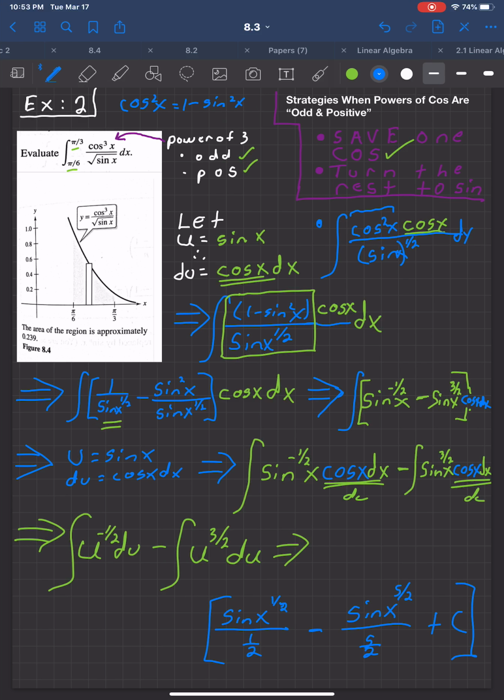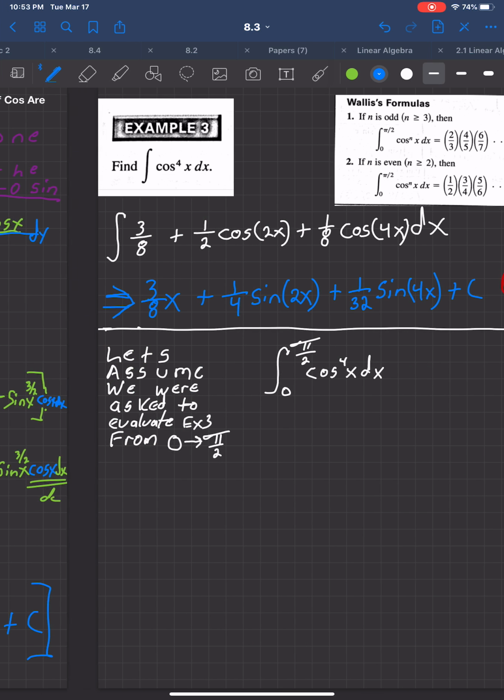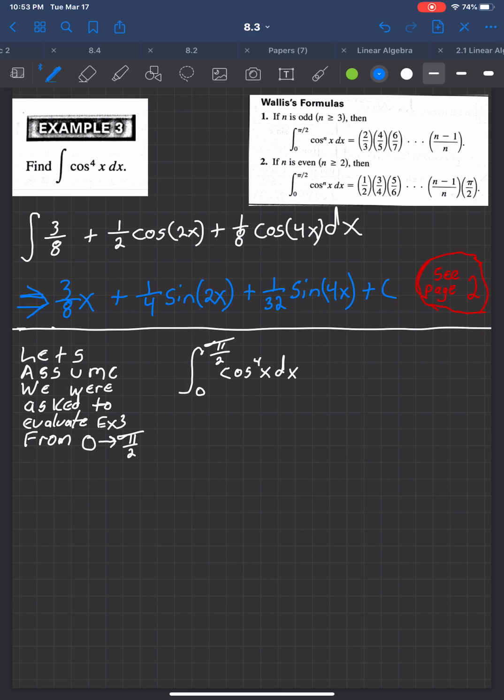All right, so remember, along the way I said I was not worried about that definite integration. If you were going to do the definite integration, it's at this point you would do that f of b minus f of a, but I'm not worried about that right now. Okay, so we're going to take a break in this video, and I'm going to pick back up in the rest of this